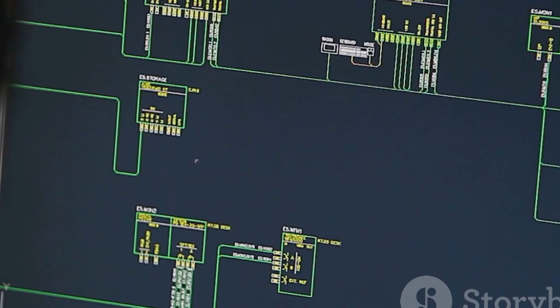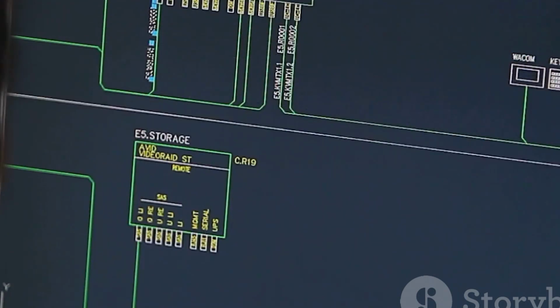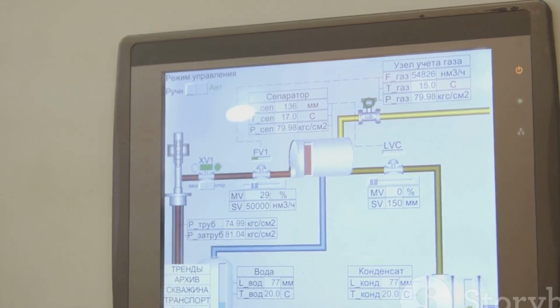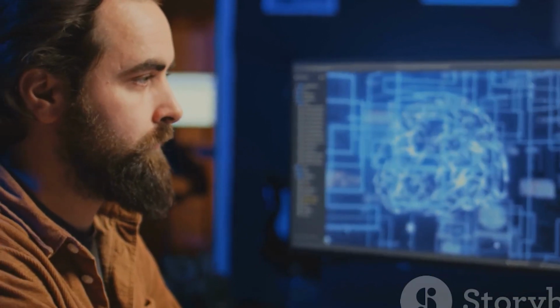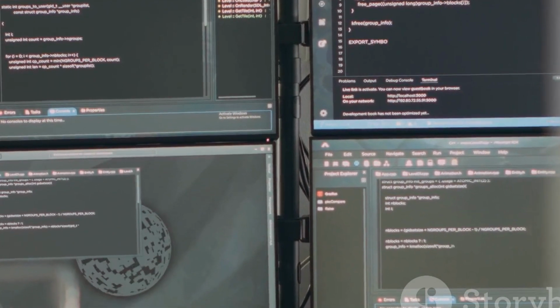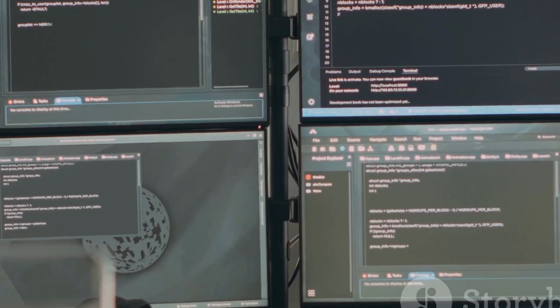Each node in a blueprint represents an action, an event, or a piece of data. You connect these nodes with wires to define the order of operations and how data flows. This visual approach makes it easier to understand the logic. You can see how different parts of your game are connected and interacting with each other directly.